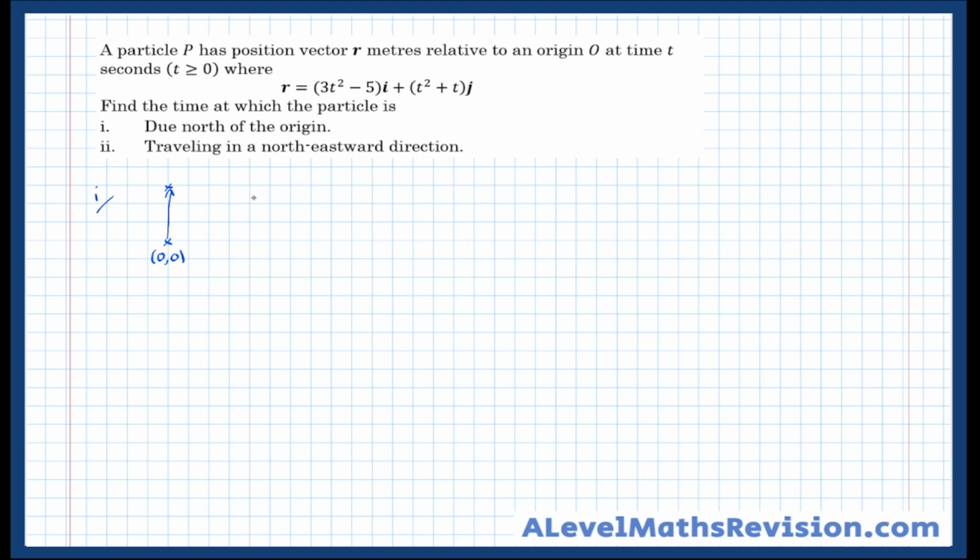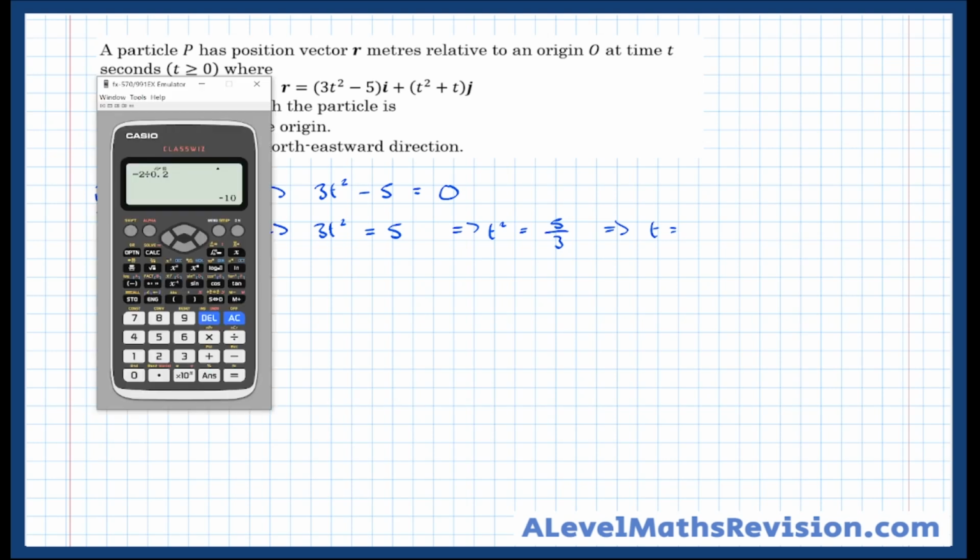Therefore, that means that 3t squared minus 5 equals 0, which means that 3t squared equals 5, which means that t squared equals 5/3, which means that t equals, and putting that in the calculator,